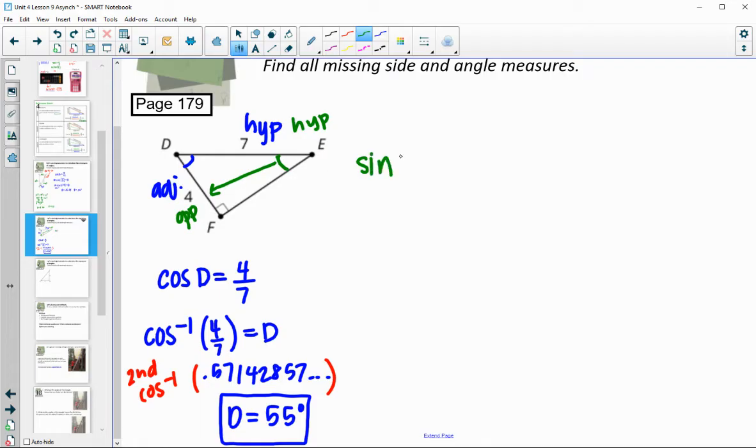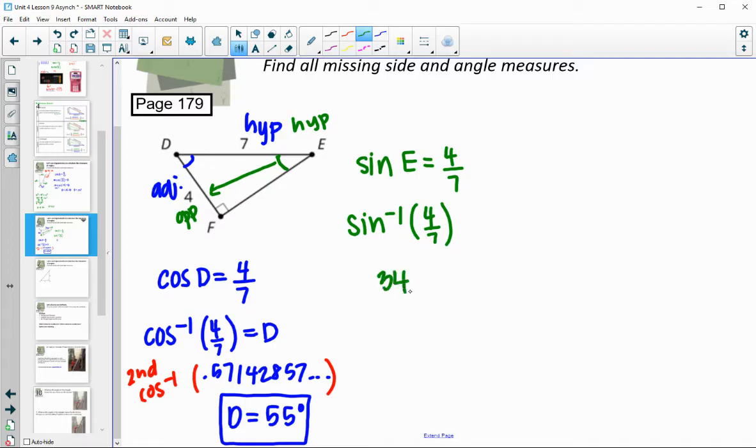So sine of E equals opposite 4 over hypotenuse 7. So this time I'm going to be doing the sine inverse function of that same decimal. So hit 4 divided by 7, enter, and then do the second, make sure it says sine -1, and you'll